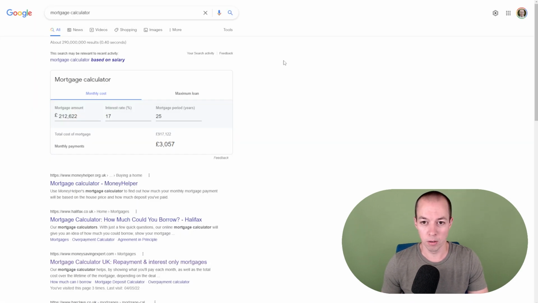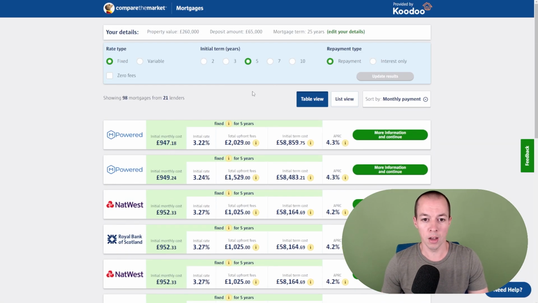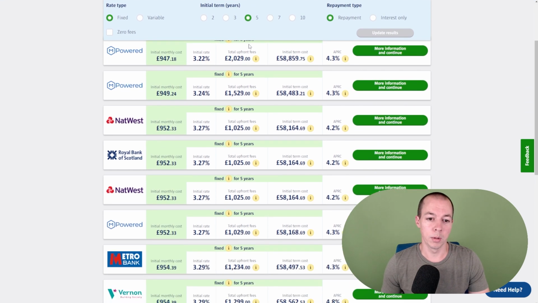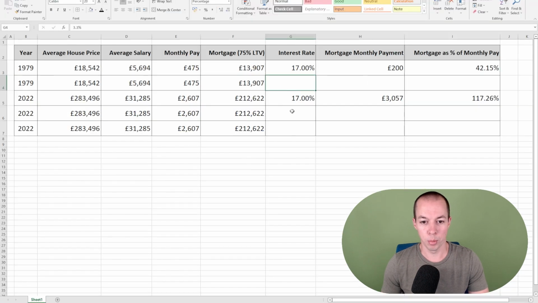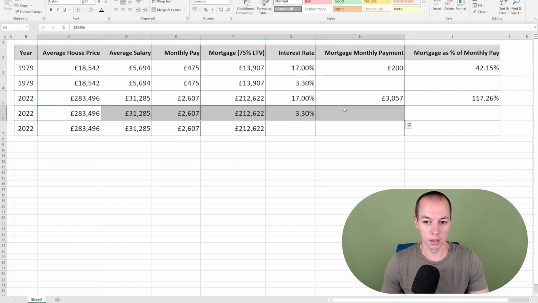So at the moment, the current modern rates are, if we go to Compare the Market, this is for a 5-year mortgage. I've based this on a property of £260,000 with a £65,000 deposit, because that gives you a 75% loan to value ratio. And approximately the interest rate we'd be looking at for a big brand, a brand people actually recognize, is about 3.3%. So let's do a comparison of back then. If we do these at 3.3% and these at 3.3%, let's get these monthly payments and see how they compare. I'm going to do this one first because we've already got the data entered into it.